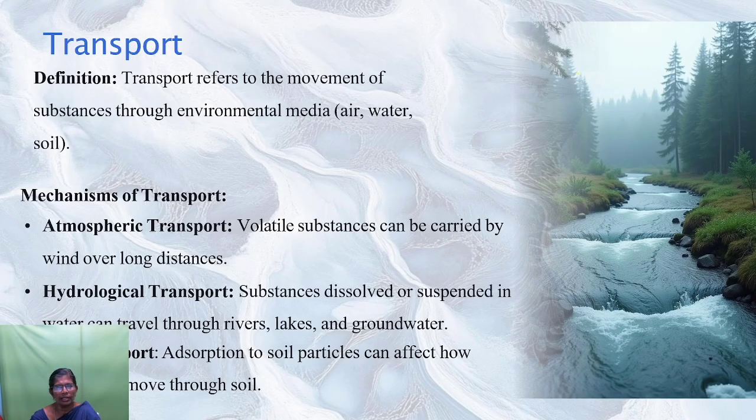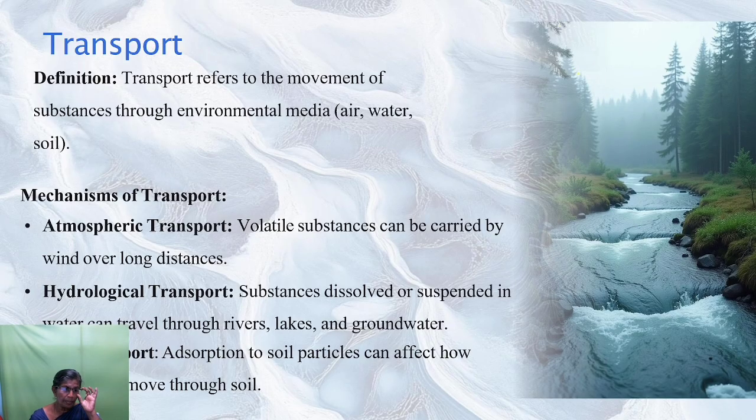Then transport. The contaminant may also be transported from one place to another through some media called air, water or soil. So how is it transported from one place to another? One is through atmospheric transport, that is volatile substances can be carried by wind over long distances. And hydrological transport through water, rivers, lakes and groundwater. Suspended matter can be carried. Then soil transport,